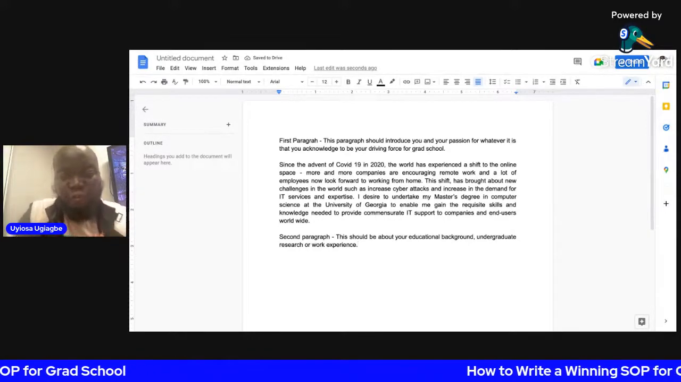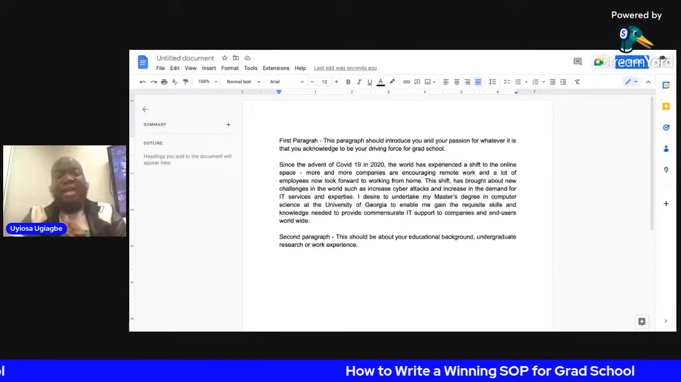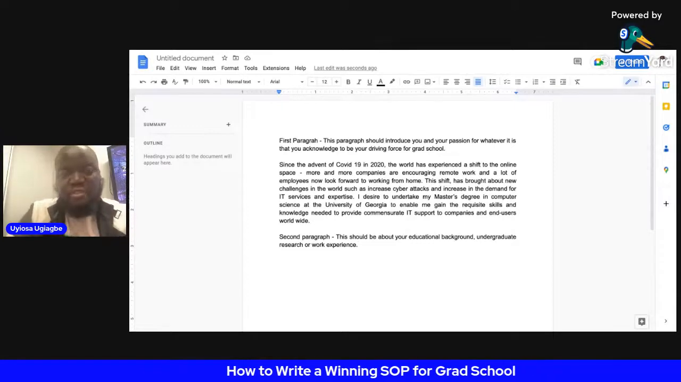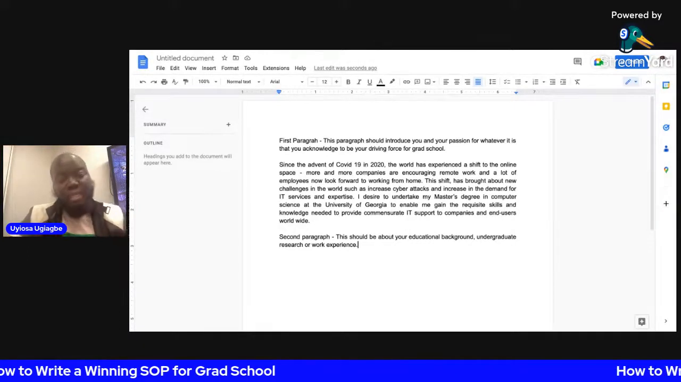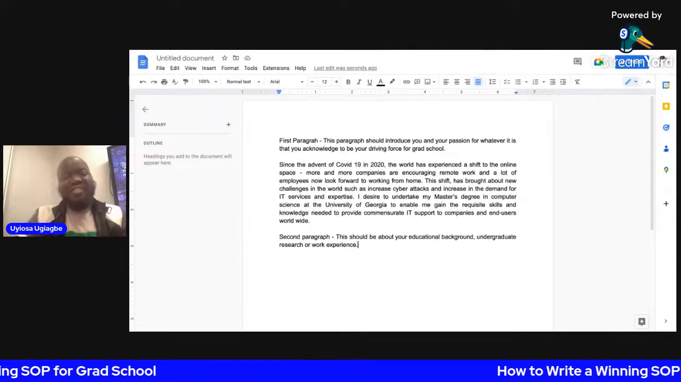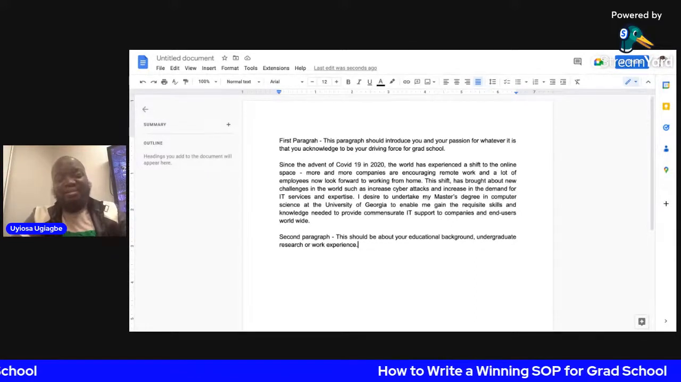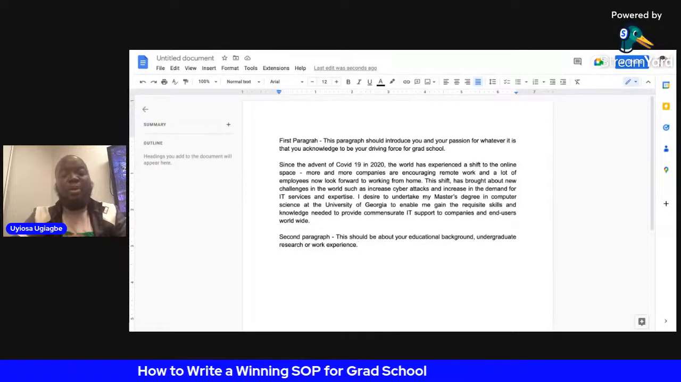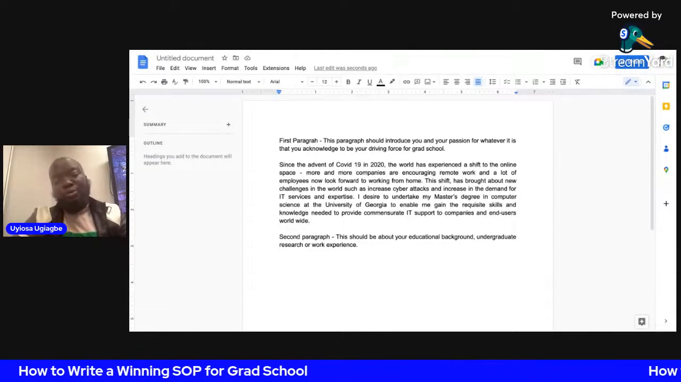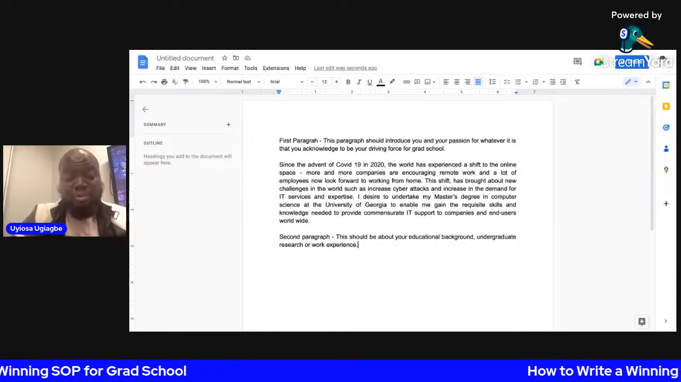Again, if you are seeing University of Georgia there on the SOP, I am not a representative of the school. I just use that for example purposes only. Please, thank you. All right, so the second paragraph there should be about your educational background, your research experience, another research experience,